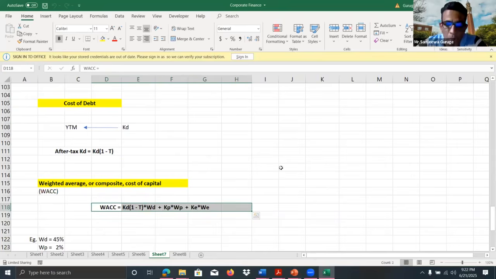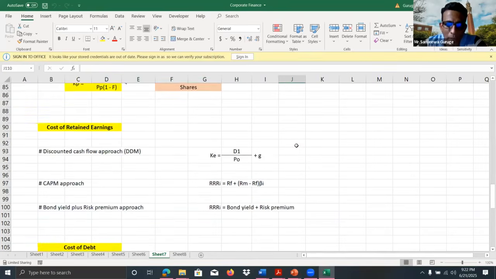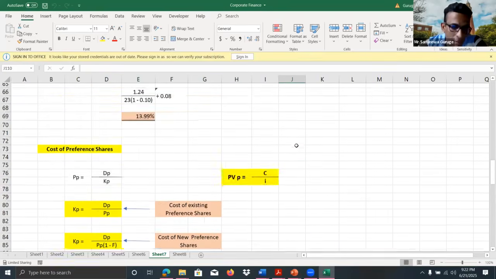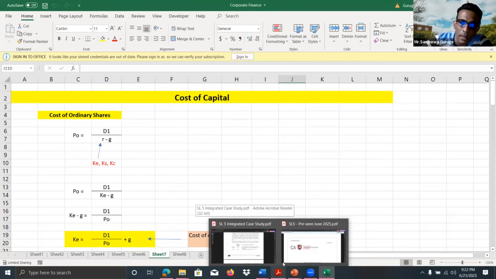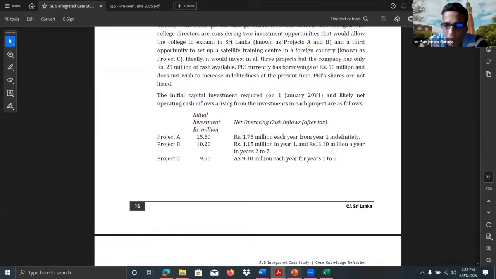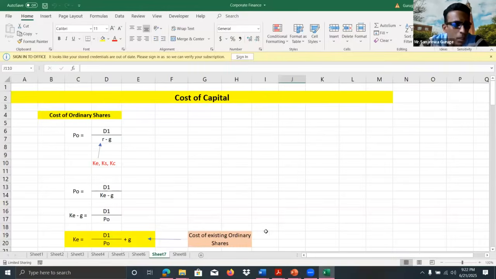The weighted average cost of capital is the appropriate discount rate when we are going to evaluate a project, which indicates the minimum required rate of return. When the cost of capital decreases, the value of the business increases. So the organization should identify the combination of capital that minimizes the cost of capital, which will maximize the overall value of the business. But in doing so, the risk should be taken into account.